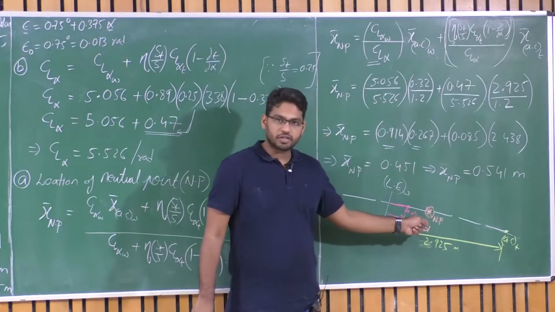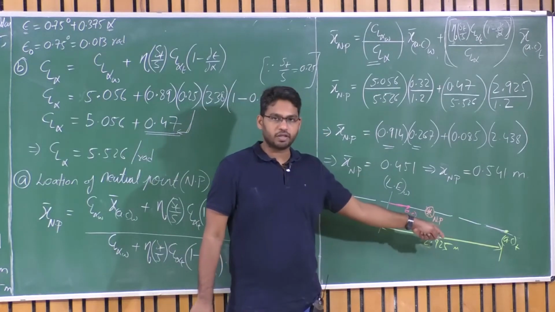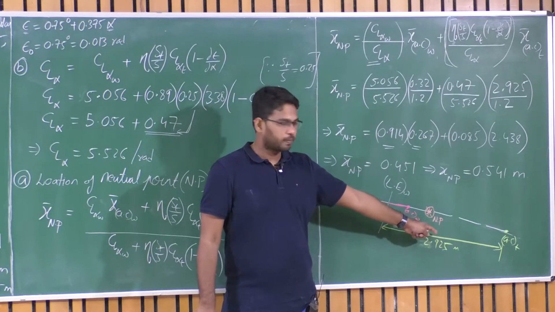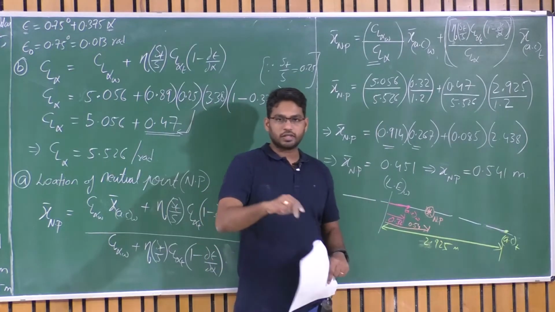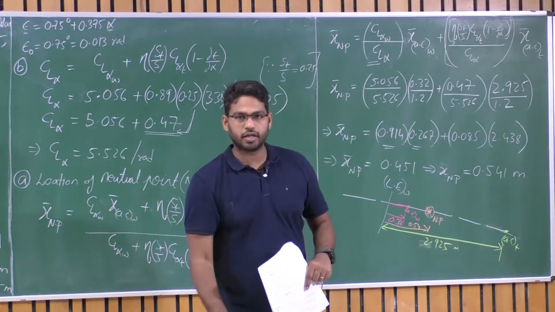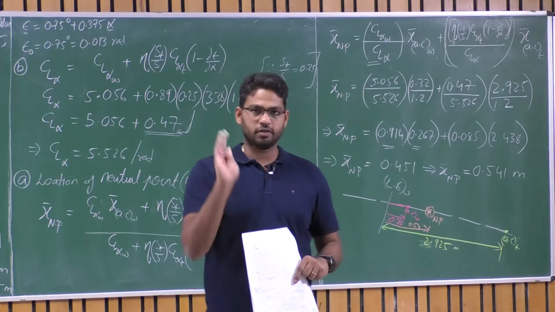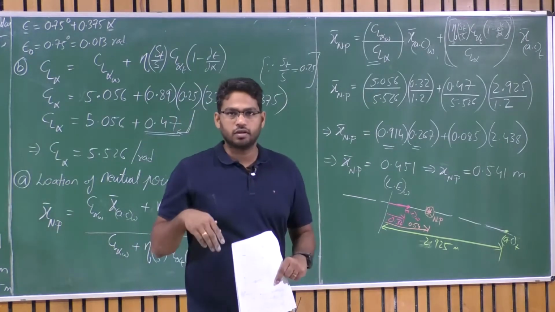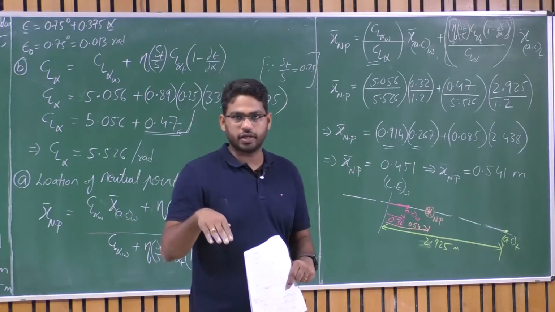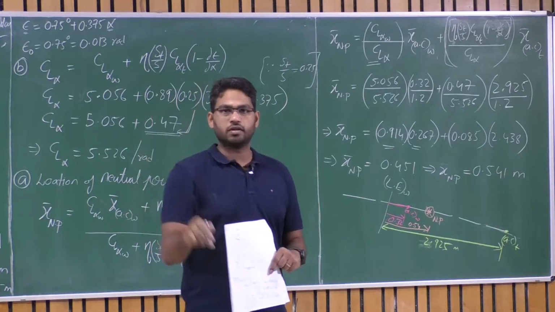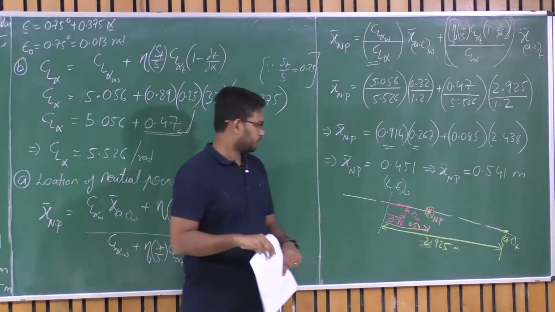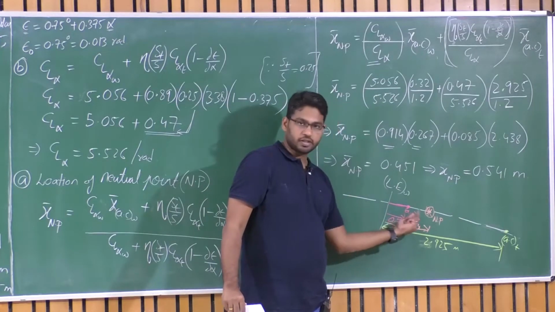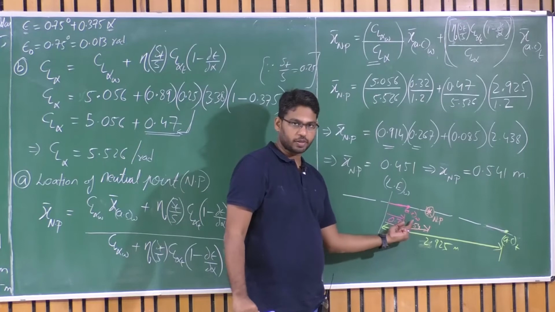NP is the limit for CG, beyond which the aircraft becomes unstable and Cm alpha becomes positive. It is the same case as before. For the wing alone, we saw the wing starts flipping back as soon as the CG shifted behind the aerodynamic center, which is the neutral point for a wing alone configuration. So the CG has to lie close to this aerodynamic center itself. Am I correct or not?